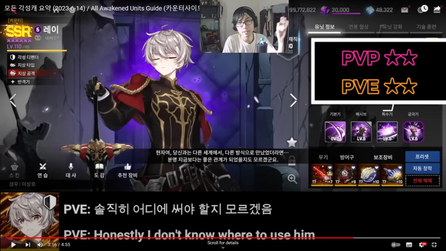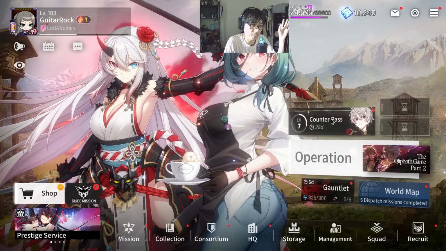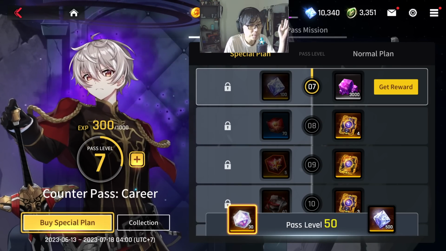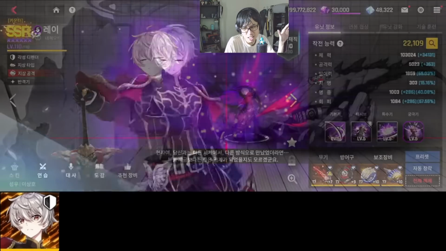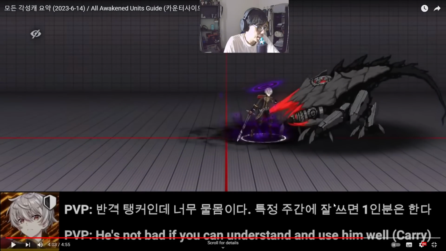Now, Awakened Ray is the current counterpass character in C server. Alright, so I'm still debating if I want to get this character per se, but according to a lot of KR players, he's not that good. He's not that impressive. PvP, PvE, not that good overall. So apparently, if you want to use him, he's still fine. You can still build a team around him,